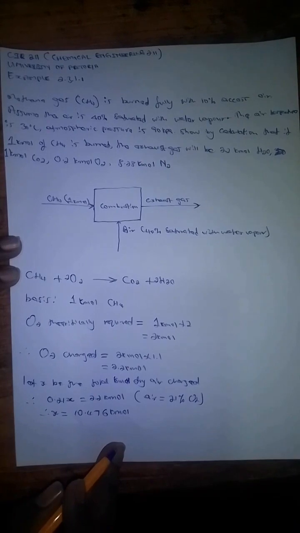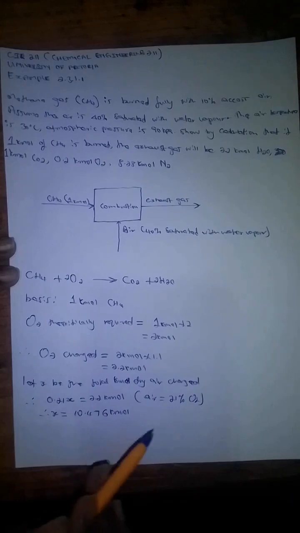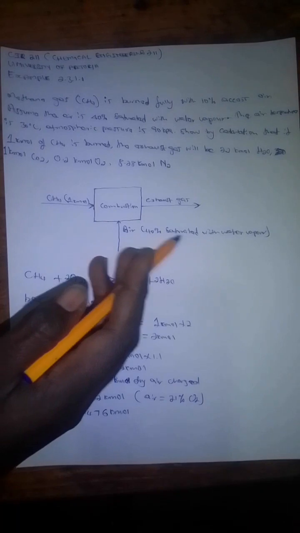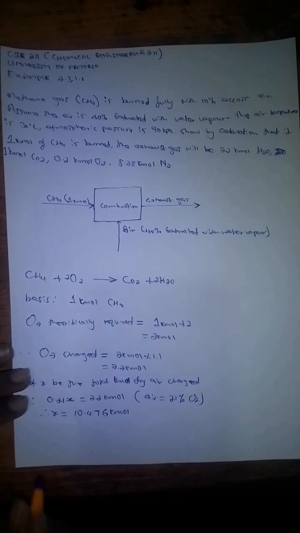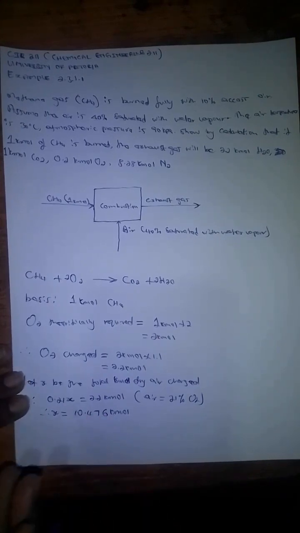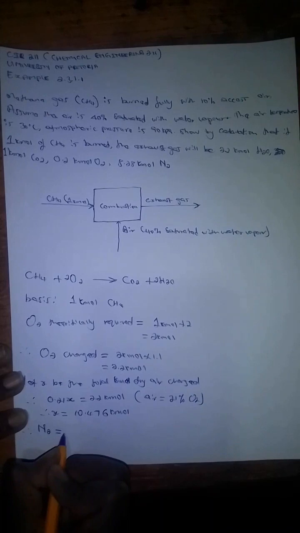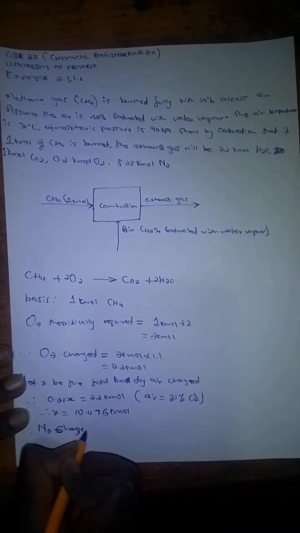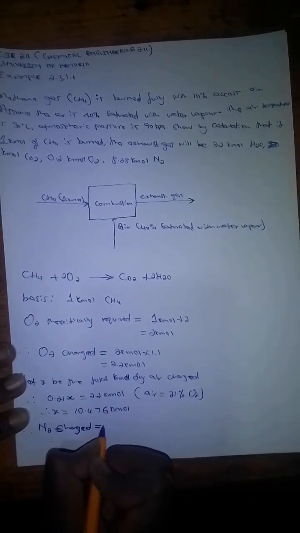Now we have established that the dry air, or the air excluding the water vapor, is 10.476 kilomole, right? If we know that the air is 21% oxygen, and we also know that the air excluding the water vapor is 79% nitrogen, then we can use the same total to calculate the amount of nitrogen charged in the air. We can just say N2 charged, excuse my handwriting, N2 charged is equal to